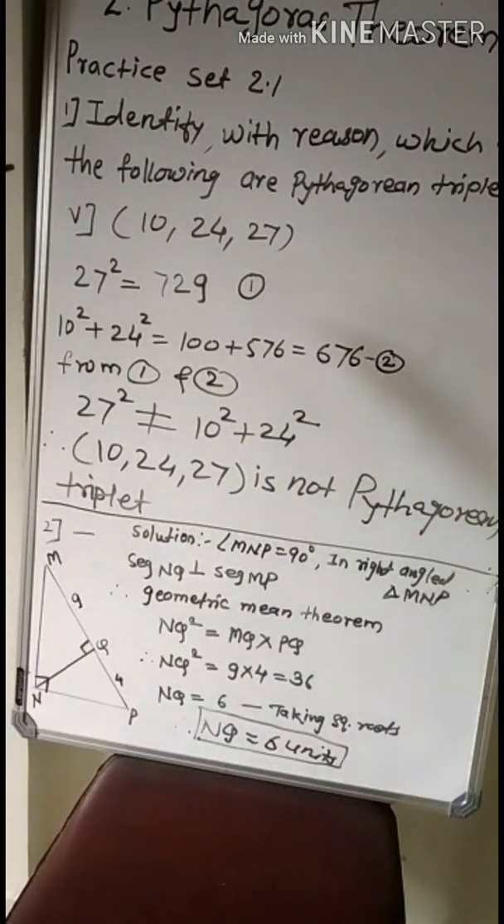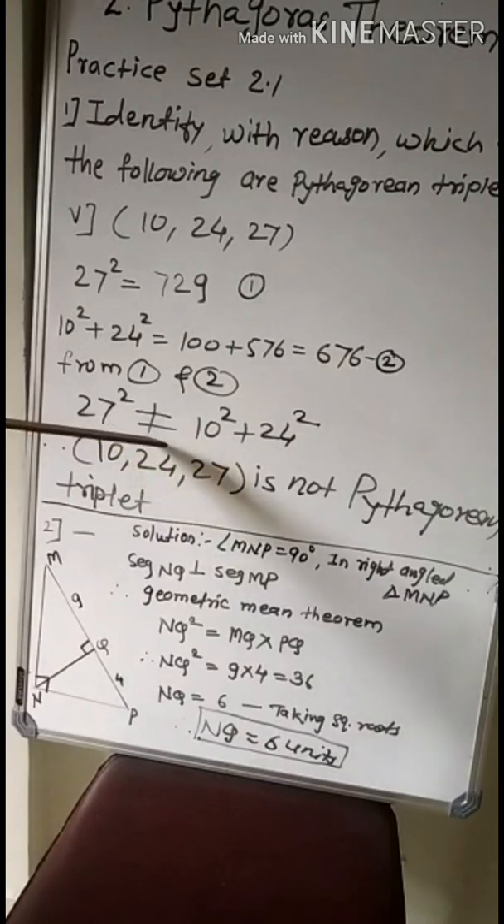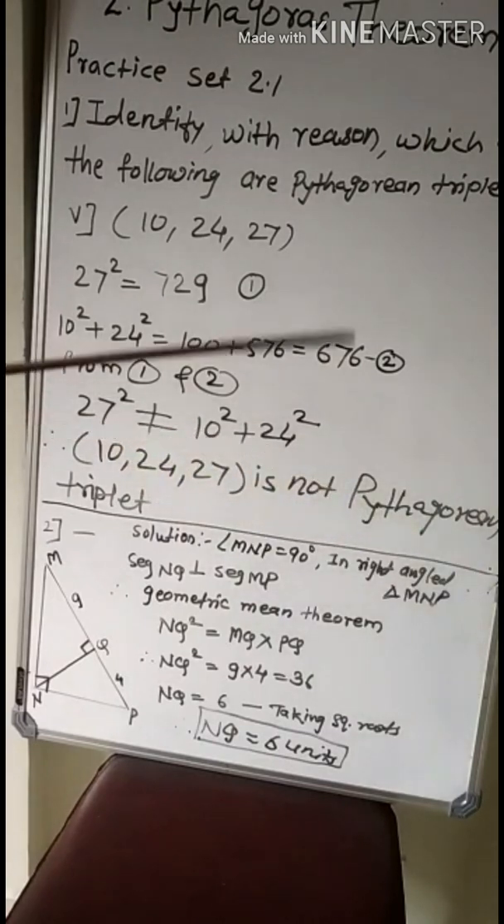Like this, you have to solve the remaining 5 examples. You have to write these 2 lines: square of larger number is not equal to sum of squares of remaining 2 numbers. Okay, remaining 5 examples you have to solve. Now question number 2 is